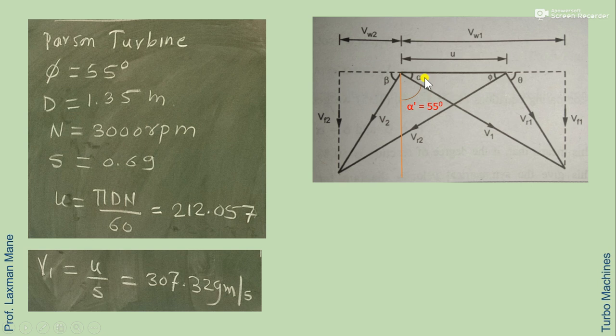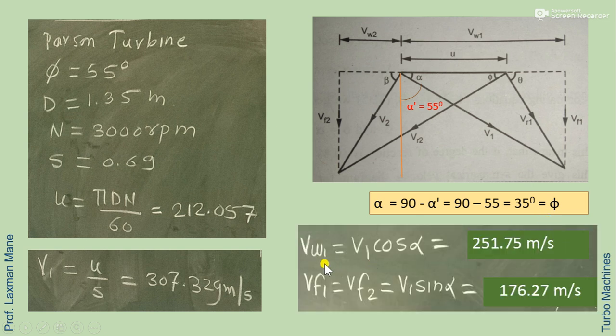In this now you can see this is alpha angle, but the value of alpha dash is with respect to axial direction. So this red color line is called the axial direction. It is parallel to the flow velocity. So we are given the angle with respect to axial direction. So here alpha will be what? 90 minus this alpha dash. So alpha comes 35. So alpha is equal to 35, to be taken for the further calculation.